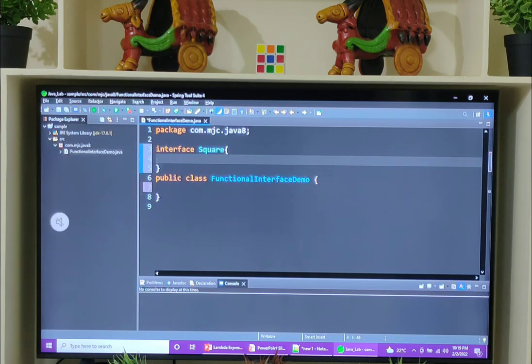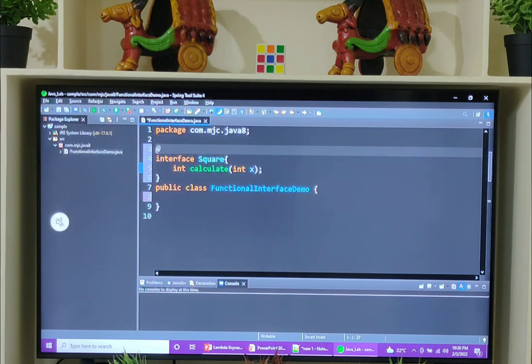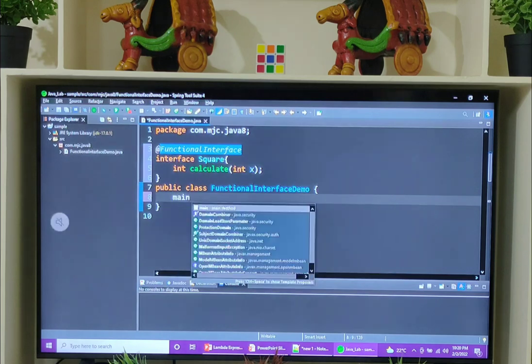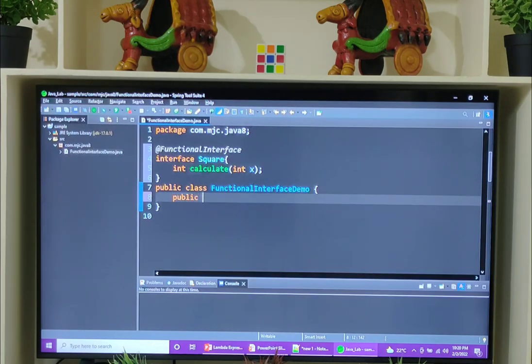This is having only one abstract method, int calculate(int x). As this is a functional interface, I can use the @FunctionalInterface annotation. Now write the main method, public static void main(String[] args).